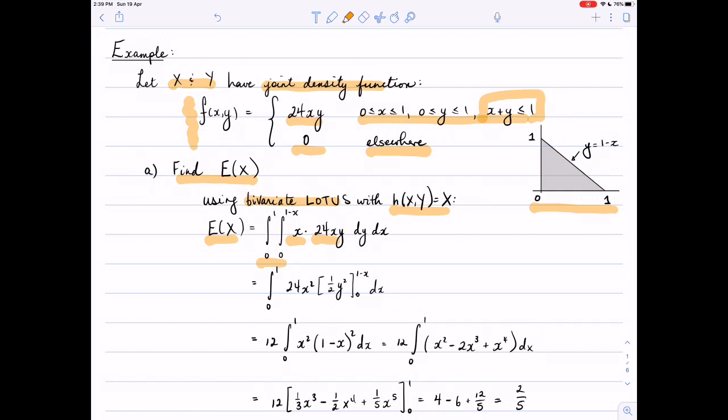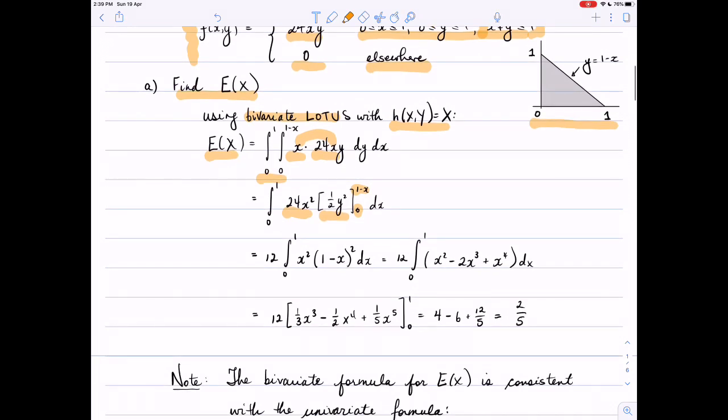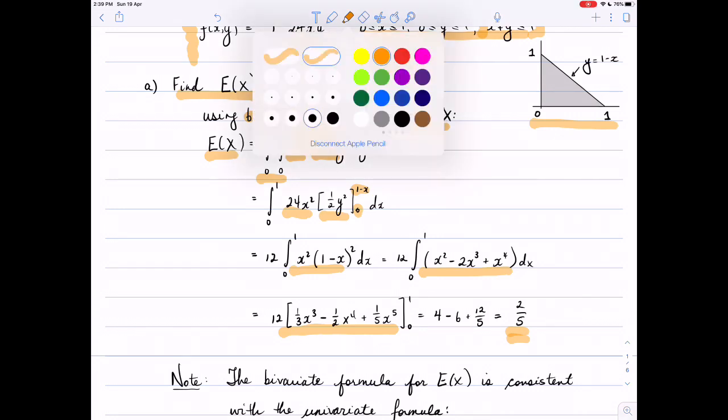Well, then we can just multiply these two functions together and integrate. And so we're going to get 24x squared, and the antiderivative of y is already done with the bounds from 0 to 1 minus x, and you just crunch through the calculation, expand the integral and antiderivative, and we end up with this expected value here,